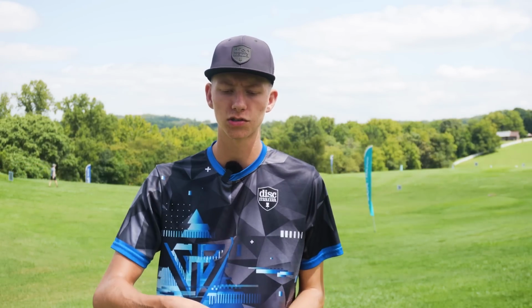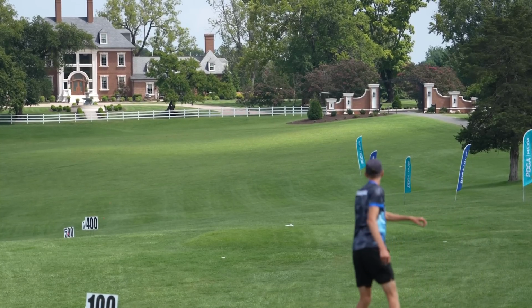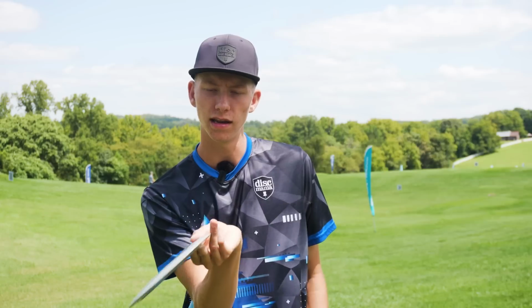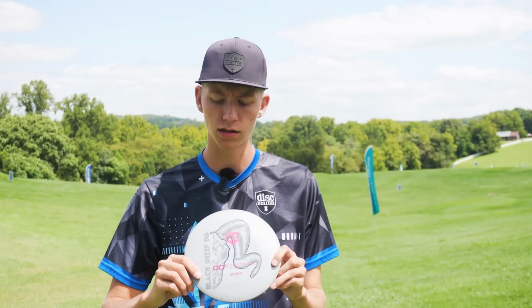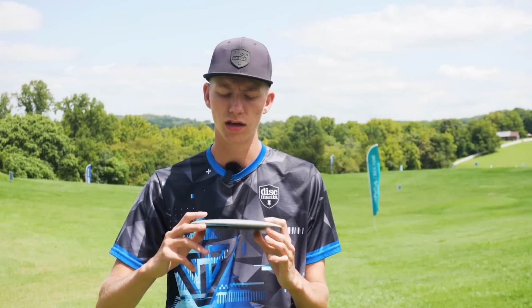I've also been throwing it for some backhands that I start on a knife hyzer that flip up the whole way and even push right. But the other shot is like a forehand in the woods that I need to kind of sauce and just flip it, have it turn a little bit. Very similar to the Color Glow Cloud Breaker. This one's a little more understable, but if you're just looking for a nice stock distance driver, the S-Line DD3